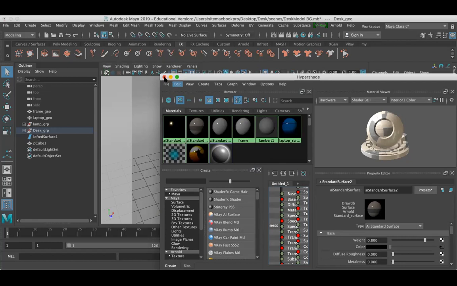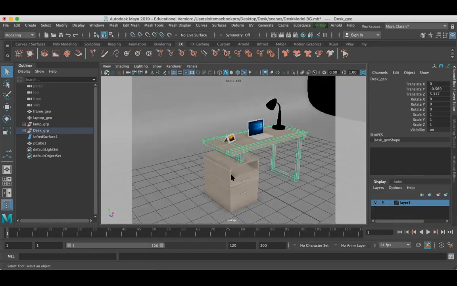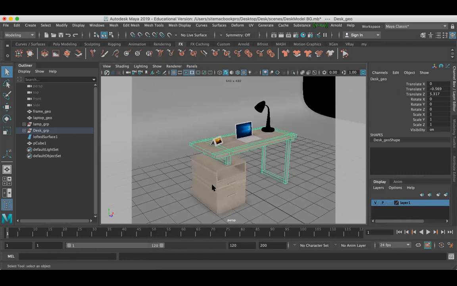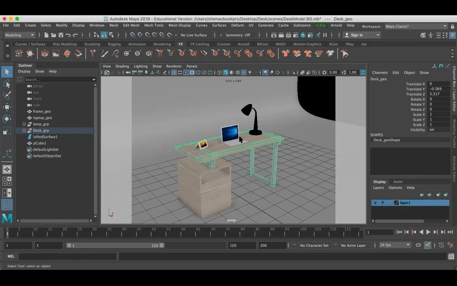For this part, I'll make sure the whole scene is completely textured, and I will explain the lighting techniques. So don't worry about the texturing part. You will be learning it simultaneously. Just understand the lighting concept that I'm teaching you here. It's quite simple.